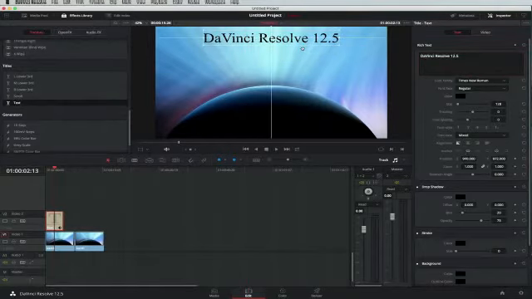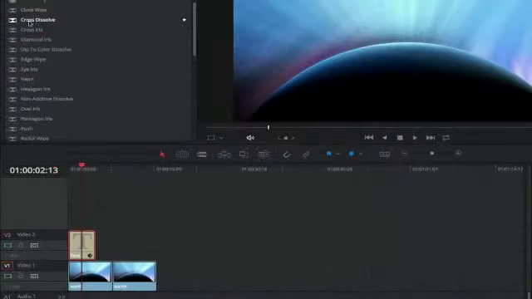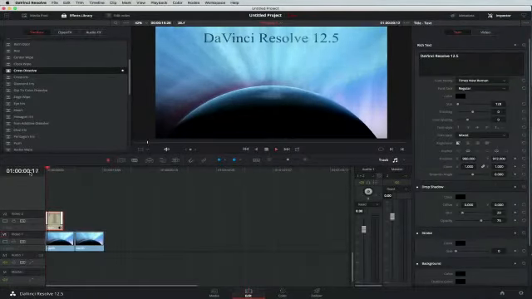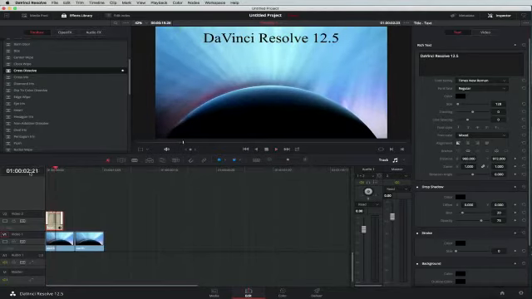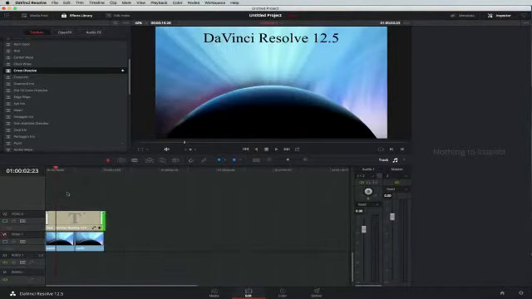Place that there. And while we're in this particular area here, you'll notice that I've got starred this cross dissolve. That's because I use it a lot. It's just a really nice professional looking transition, so that when we start, we've got DaVinci Resolve. And what I can do now is I can just stretch that right out across, and